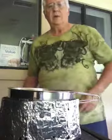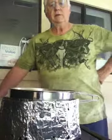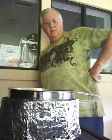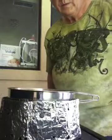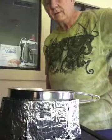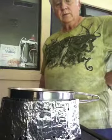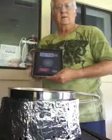So I don't want to really mess with the camera because it's just leaning up against something, which is all we really need for this example here. Maybe you can hear the water's actually got a little bit of bubbling going on. There's a lot of bubbles on the bottom of it. Little bitty bubbles, and some up the side that are bubbling. So 2:44, and it's getting close to boiling. I think at whatever time it boils, I'll pick the camera up and show you, but 2:55, so we're looking at